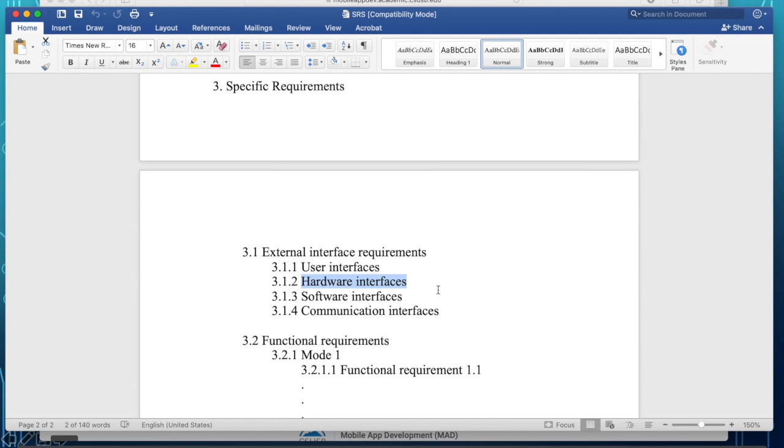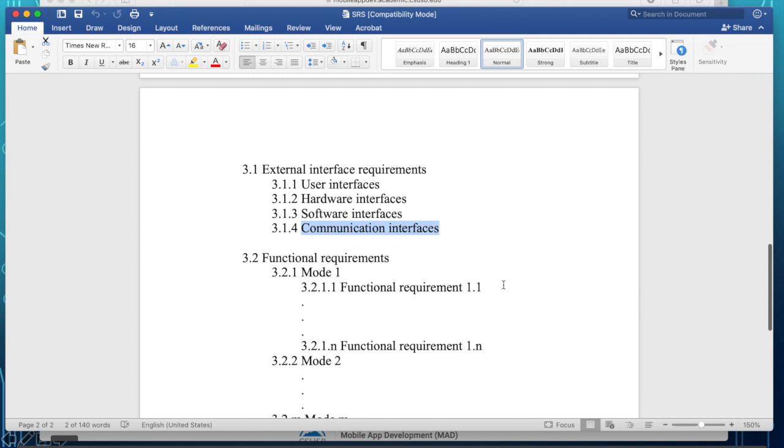It could be a certain RGB or HDMI plug that you will need, or USB that will be specified here. Any software interfaces that you will need to implement the user interface, what kind of user interface that you are using to define it, and any communication. This refers to the internet access if you need one.